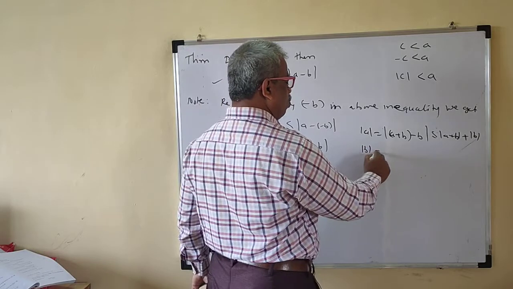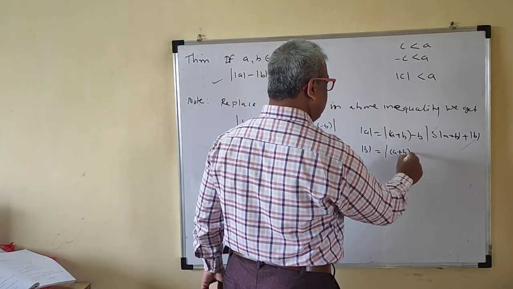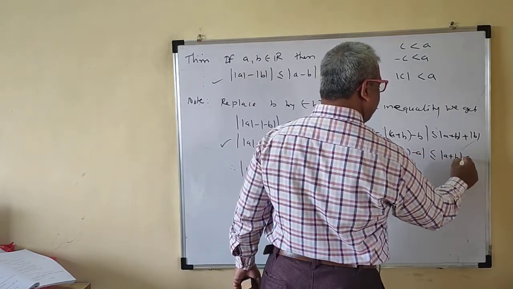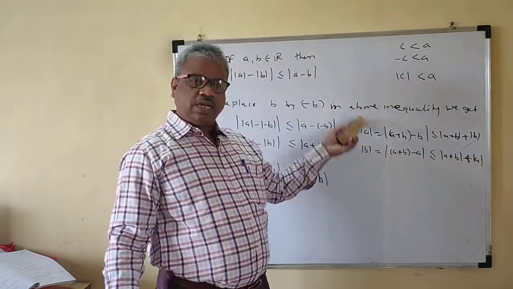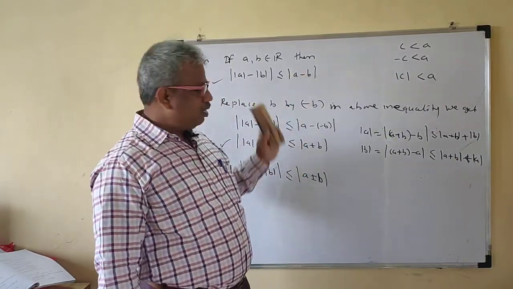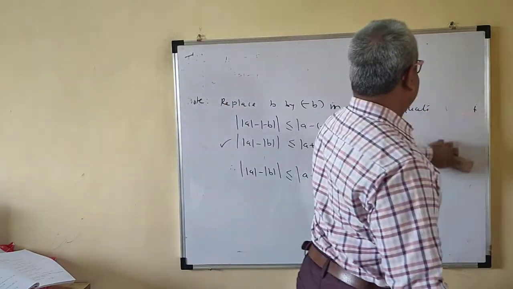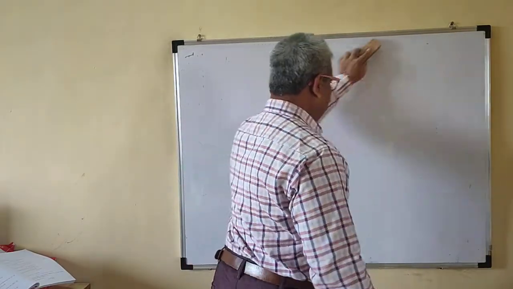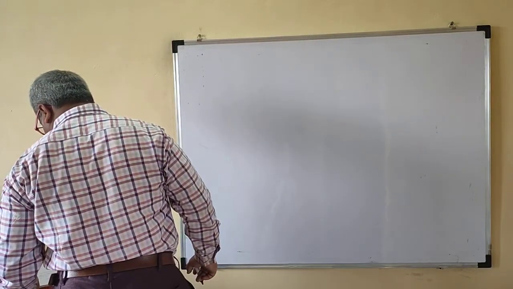So mod of b is equal to what? You have to write in terms of a plus b now. So a plus b minus a now here. Again, this is less than or equal to mod of a plus b plus mod of a now here. So you have shifted this mod a to this side. Easily you can obtain this result also independently of this result, right? So this is the theoretical part of the absolute value function now.